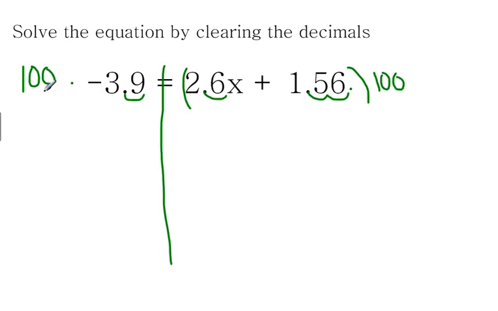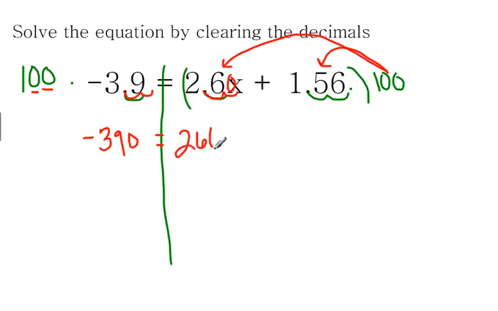Let's start on this side. Just like I did on that previous page, I'm multiplying by 100, which means the decimal is going to move 2 times. So once, twice. This is now negative 390. Yay, no more decimal. It's a whole number. I love whole numbers. On this side, I know I'm multiplying this whole side by 100. That's where the distributive property happens. Both pieces will get multiplied by 100. So I'm going to multiply by 100. That means move 2 times. 1, 2. I've got room for a 0 there. So now I've got